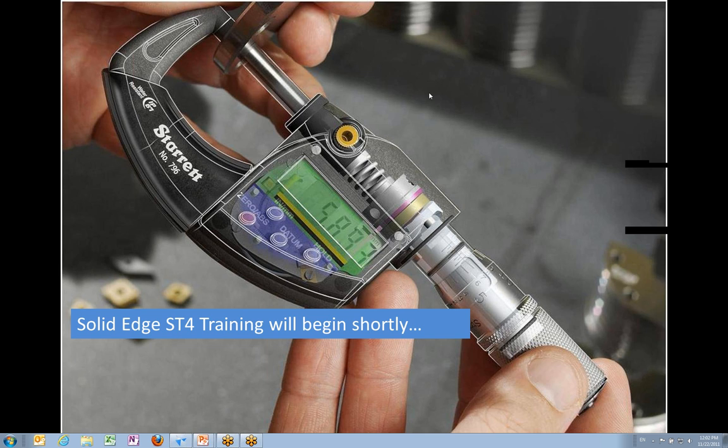And what I mean by engineering analysis is, if we are designing a product, we can capture all that geometric information in 3D CAD, but the other question is, how will this function in service? When we apply loads to it, what will happen to the structure of this? Is it going to break when it's subjected to service loads? So that type of predicting what's going to happen to a manufactured or designed part or assembly is part of